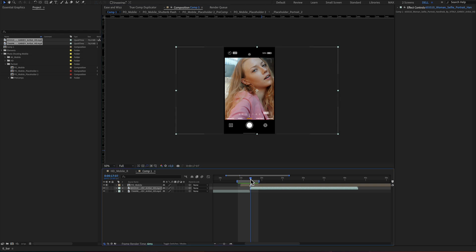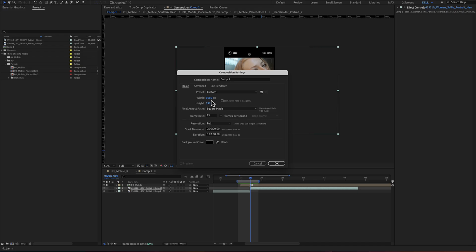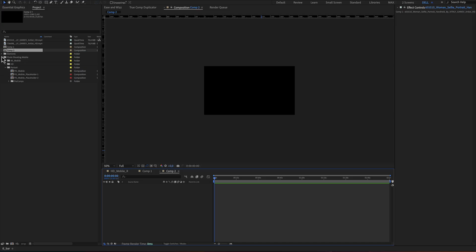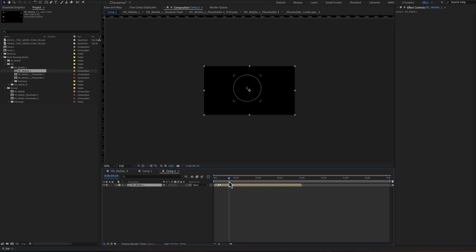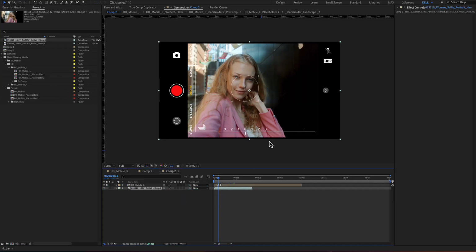This effect can be used as an overlay as well. Let's create a composition, an HD this time, and drop our HD, one of these two. The one is left aligned and the other is right aligned. Let's keep this one. Drop our media inside